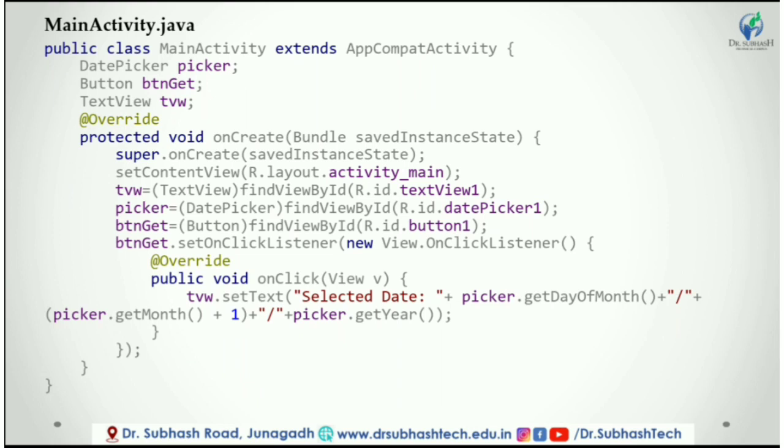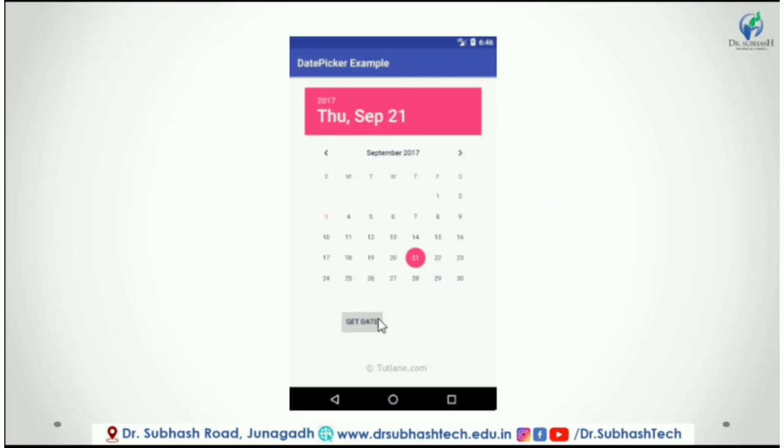The button's click event contains the methods getDayOfMonth, getMonth and getYear, which will return the day, month and year. And the output looks like this: we select the date from the date picker, and after clicking get date, the text will display the selected date.